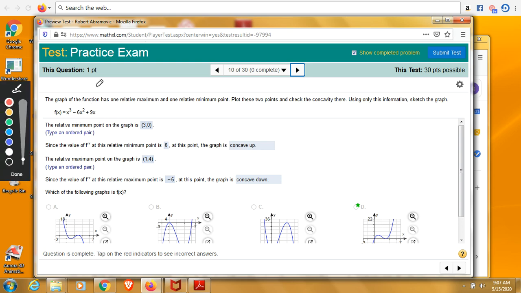Next question. The graph of the function has one relative maximum and one relative minimum point. Plot these 2 points and check the concavity there. Using only this information, sketch the graph. So here, how do we find relative maximum and relative minimums? We differentiate a function and we find the critical points. So what's the derivative of this function? It is 3